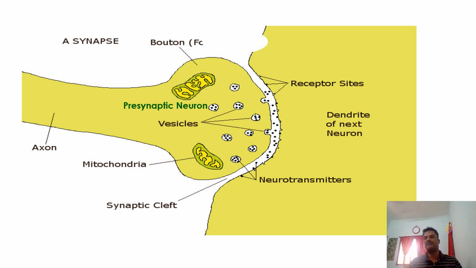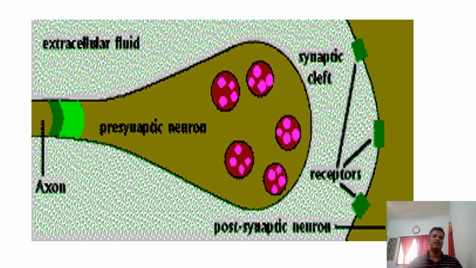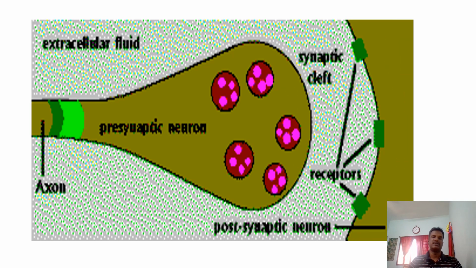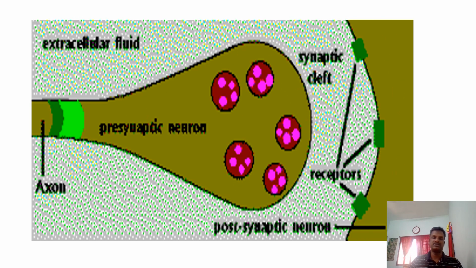Again, the same process of plus 70 millivolts takes place, travels through the axon, comes and bombards the synaptic vesicles, and the next neuron will get initiated. This is the process of continuously bombarding and releasing the chemicals. These are called chemical reactions, and this is responsible for the continuous chain effect across different types of neurons. And when electrical communication and chemical communication go hand in hand, a human being can take